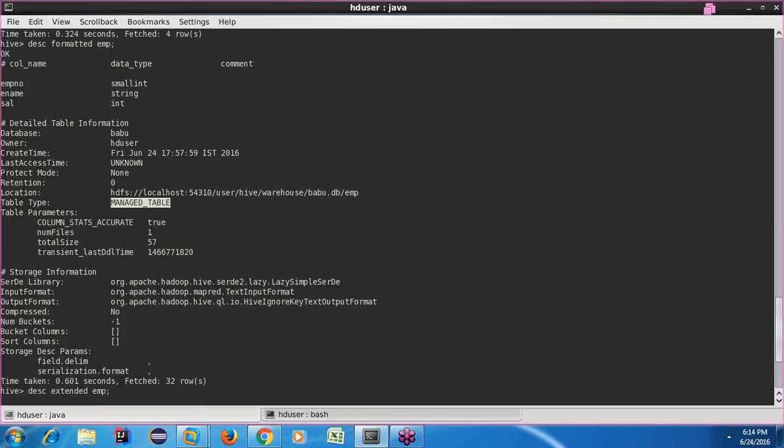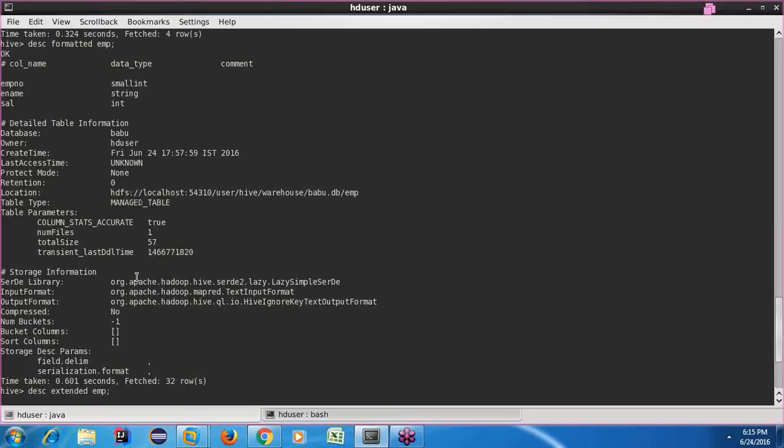I am going to explain all those details in the very near future, but as of now, just remember we have so many differences. So you have to be very careful while working with any table, whether it is a managed table or an external table. You will have to see it, and only then start working on that table. Otherwise, I don't know what will happen. The world may end, I don't know.